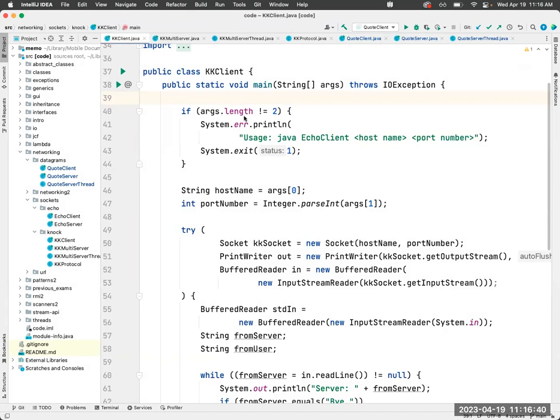Should you use threads? Yes, you definitely should use threads. And that's actually the first thing that I'm going to show today: an implementation of socket-based communication using threads. The reason why you want to use threads is because